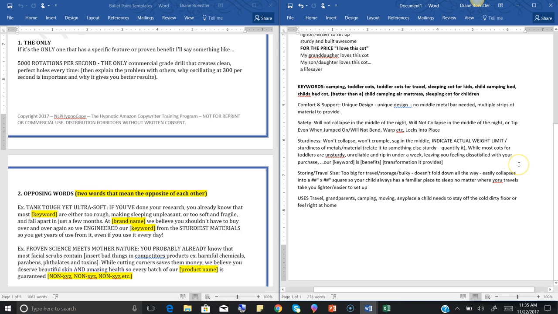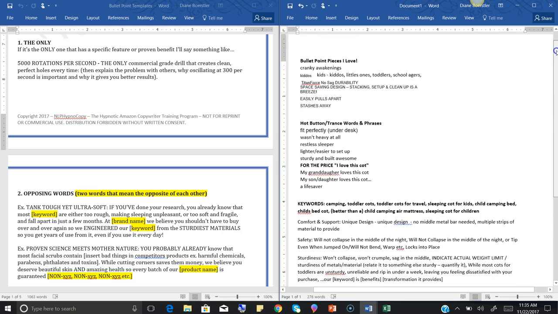So we're finally to the point where we're going to do my favorite part, which is actually write the bullet points. While it's really important that you have an awesome title and a high click-through rate, the thing that's actually going to sell your product, in conjunction with your images, is your bullet points. The description is usually more for building your brand story, building trust and rapport, but the bullet points need to keep them reading. So if you haven't already, make sure that you've gone through your competitive analysis for your